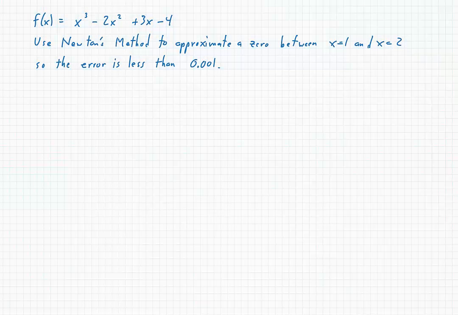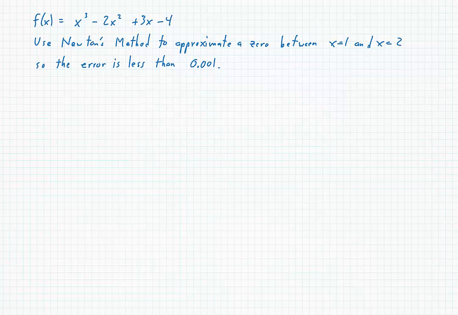We're given the function f of x is equal to x to the third minus 2x squared plus 3x minus 4, and asked to use Newton's method to approximate a zero between x equal 1 and x equal 2, such that the error is less than 0.001. Now, if you graph this function on your calculator, you will quickly discover that there definitely is a zero between 1 and 2. And if you try to trace to it, you'll discover that it doesn't look like